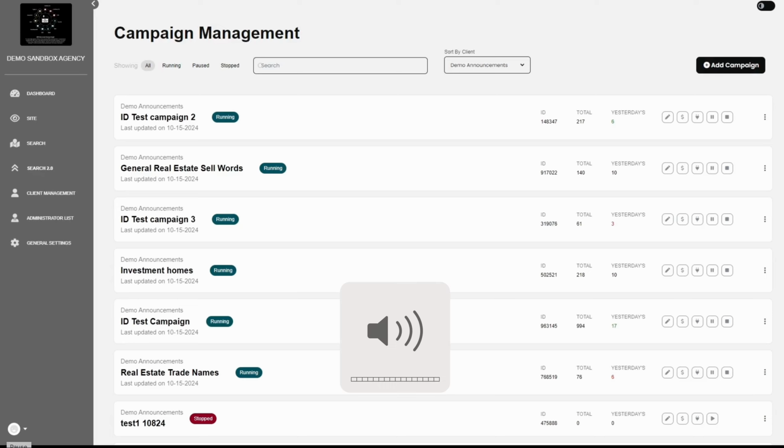Let's talk about creating and managing search leads and search campaigns. We're going to work with Search 2.0, Enhanced Search. This is what most people should be using moving forward. On the search campaign, you'll click on Search 2.0 Enhanced Search on the left menu, and you'll see your campaigns